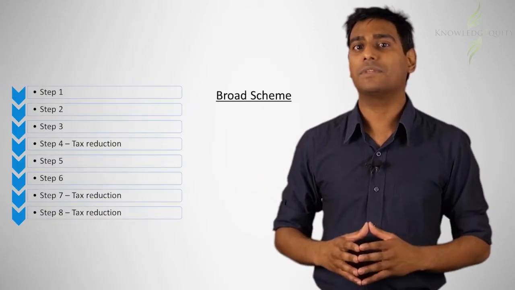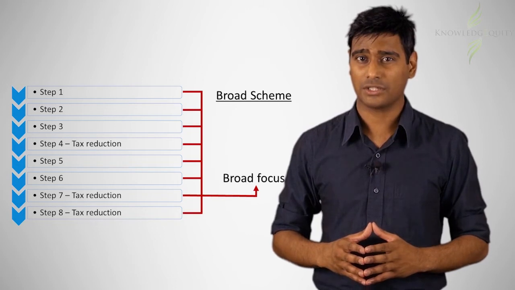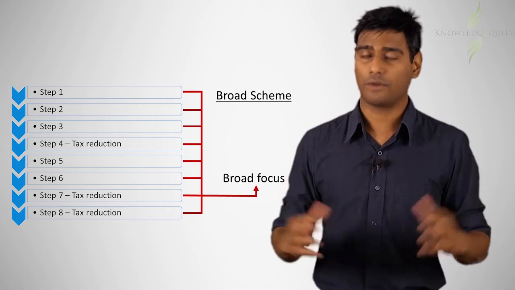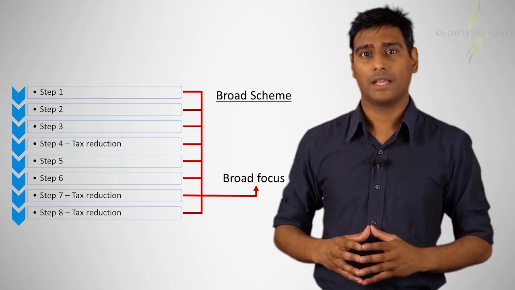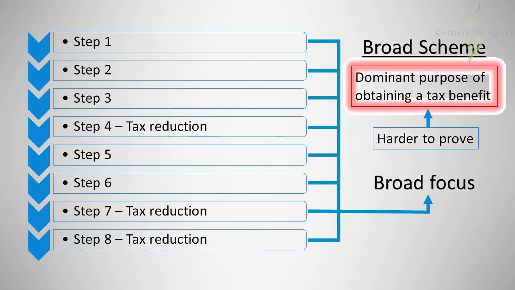Another way the tax office could identify the scheme is in a broad manner. The broader scheme encompasses a wider set of facts that not only incorporates the tax minimization actions, but also the actions of successfully running a retail business for profit. Consequently, under the definition of the scheme, it is harder to prove that the dominant purpose of entering into the broad scheme was to obtain a tax benefit, because it could be argued that the tax minimization aspect was only a minor aspect of setting up and running a retail store for profit.